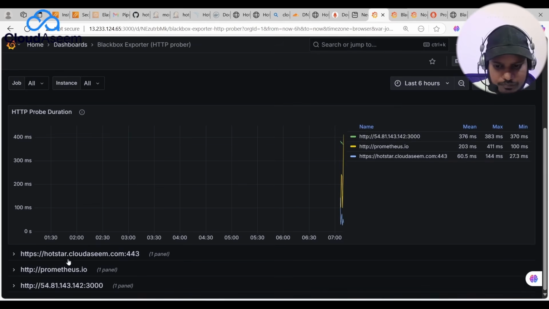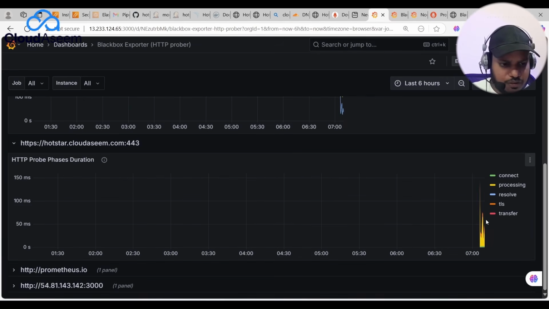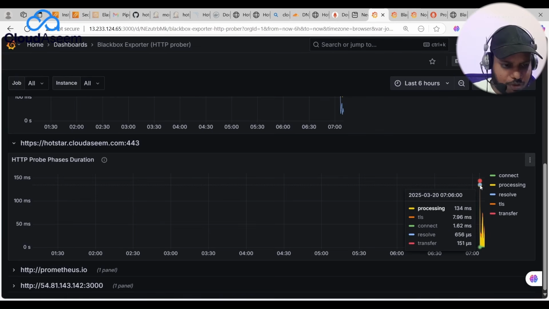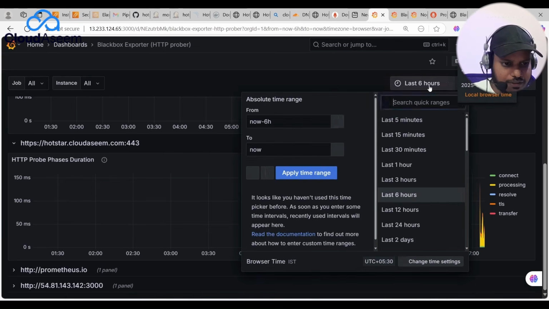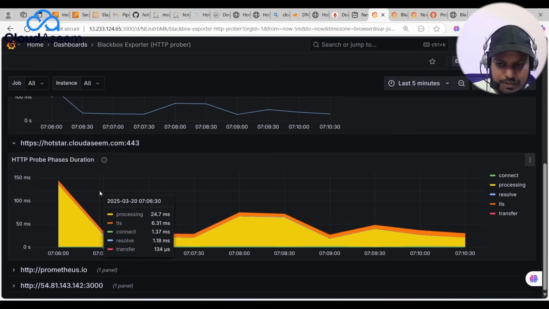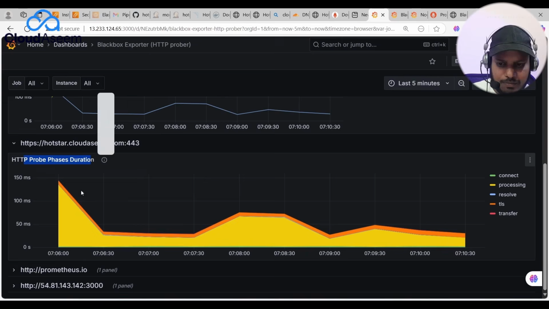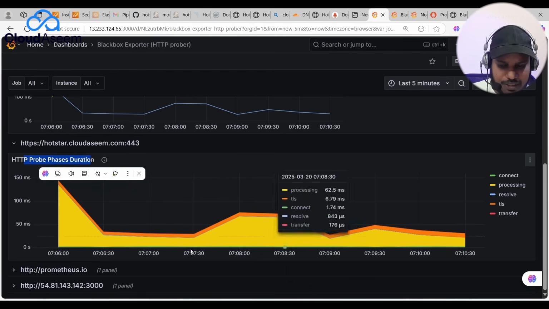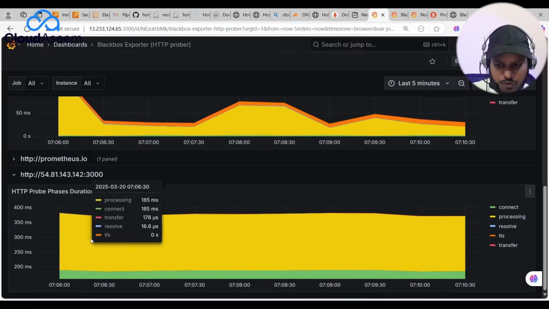Okay. Now, if I want to check over here, it's saying that this is the processing time. So let me just take 5 minutes, right? You're able to find this is the HTTP probe time between the client and server, how much time it has taken. Even if you go for this,